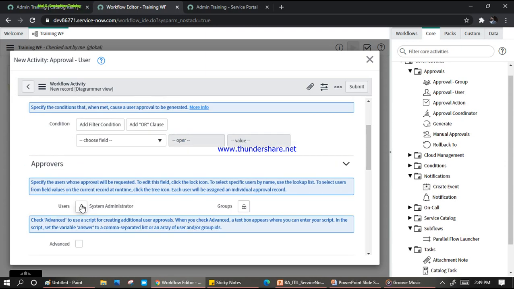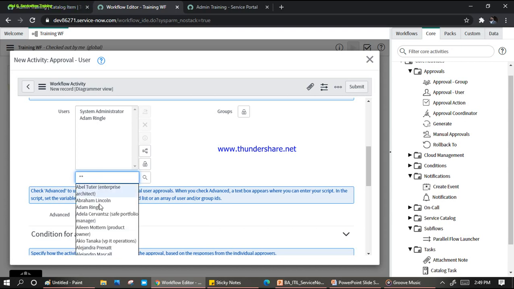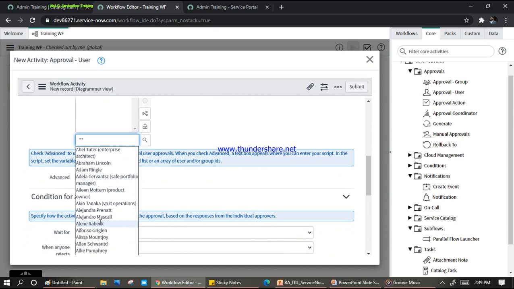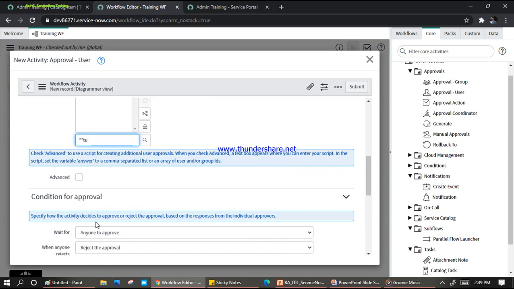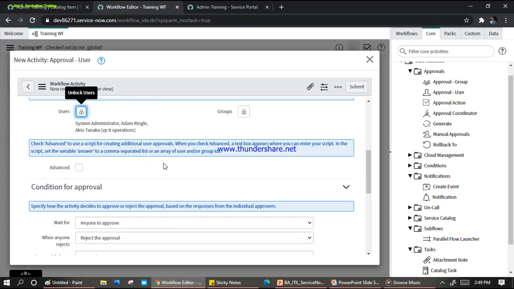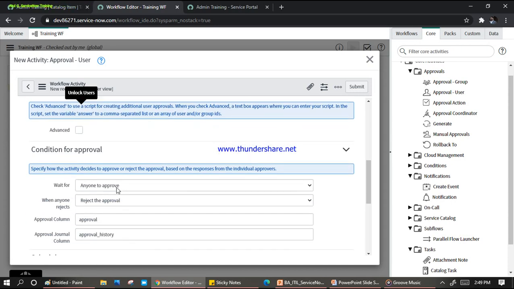It means that if I'm adding more people here, let me add more. I have one of my favorite users, which I created for myself, Tuk Tuk. Okay, it's not appearing. Seems some access issue or something. No worries. Let me put it like this. So now, based on your condition, this will work.